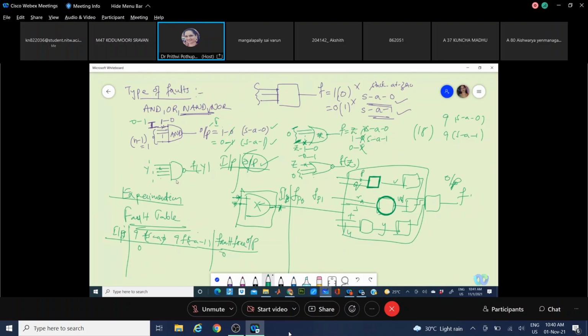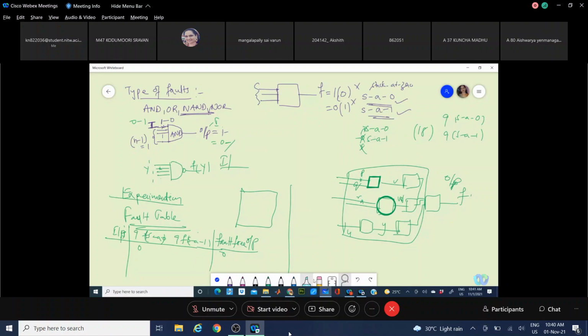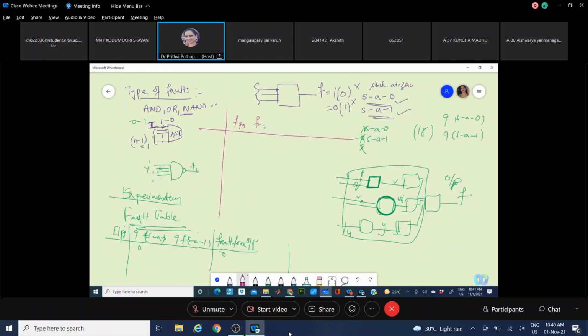That means, say, if I take some lines now, say f of p stuck at 0, f of q stuck at 0, f of r stuck at 0. I am taking a few lines just for explanation. Then p stuck at 1, q stuck at 1, r stuck at 1.